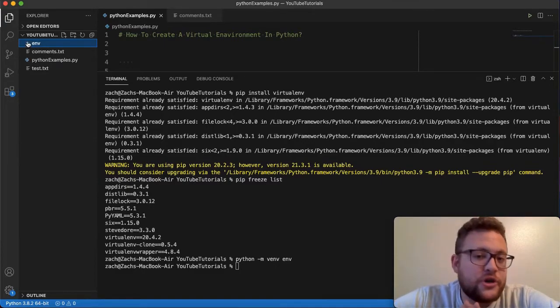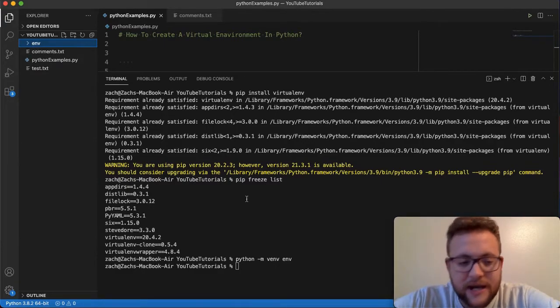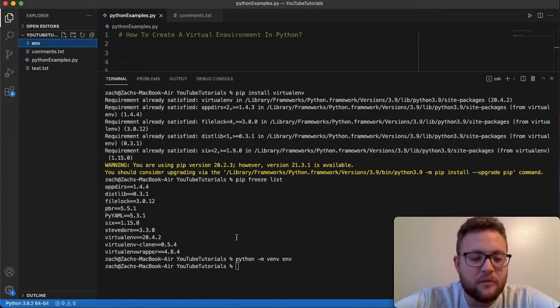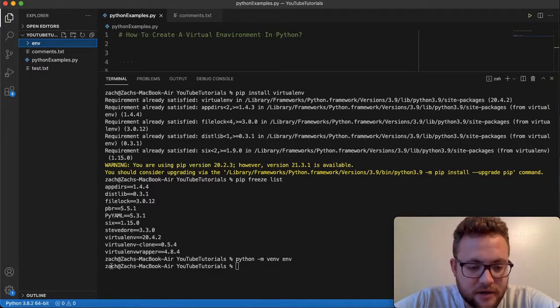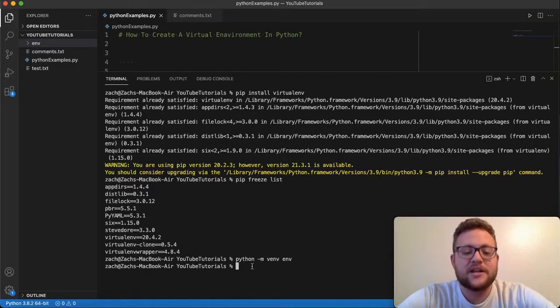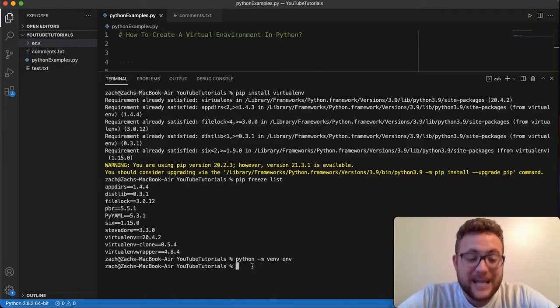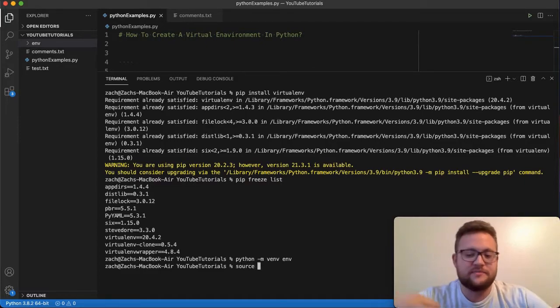Now what I'm going to show you is how to activate it. And one thing I want you to pay attention to, and sometimes it depends on what you're using, is in your terminal, either just above the line where your terminal is active, or just before it, I want you to notice what happens when we do this command. Because to activate your environment, what you're going to need to do in your terminal is